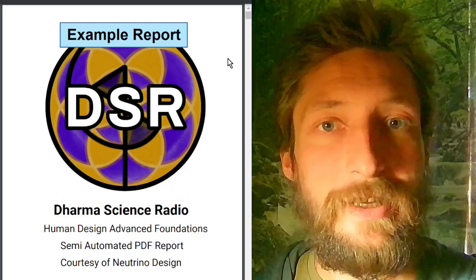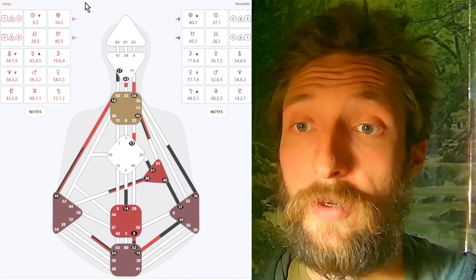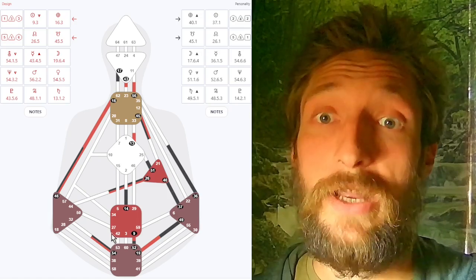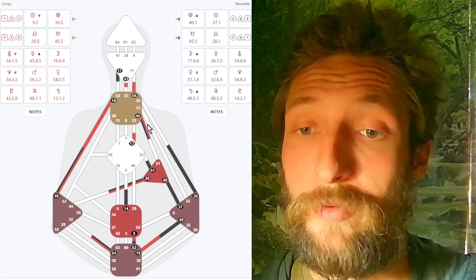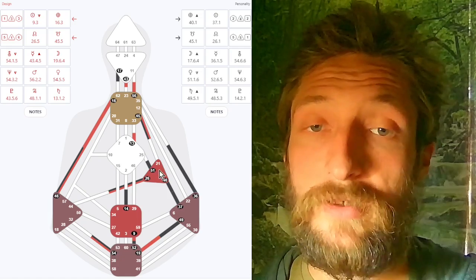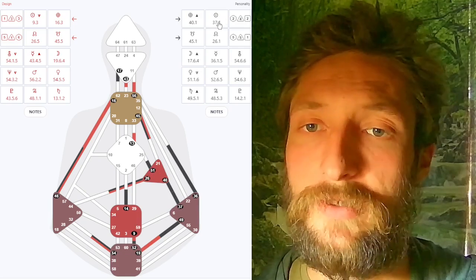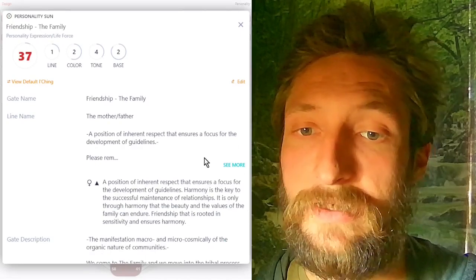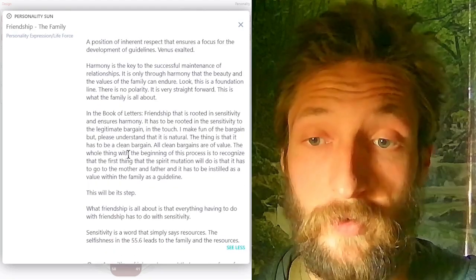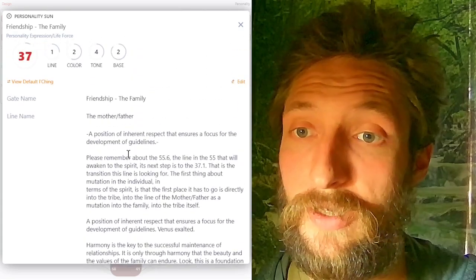And so once we get into the actual meeting and our conversation, then we're over here in Neutrino Design. And once again, you might see with familiarity, this is my chart. I am a 1-3 emotional authority generator type. Here in the Neutrino Design Matrix, we can look at all the details. I can go right here and see the line, and this is the exact same line companion information from Raw that was included in your report. I can see them here.